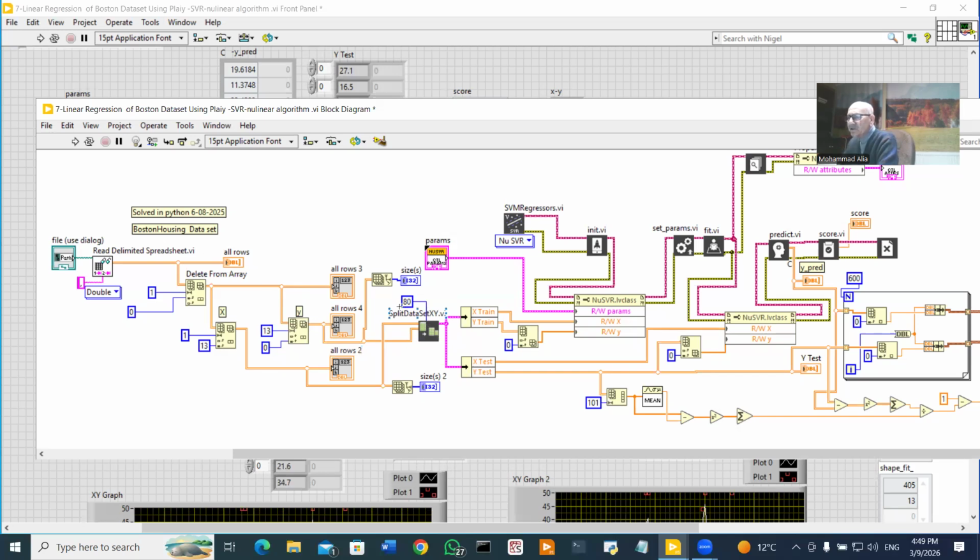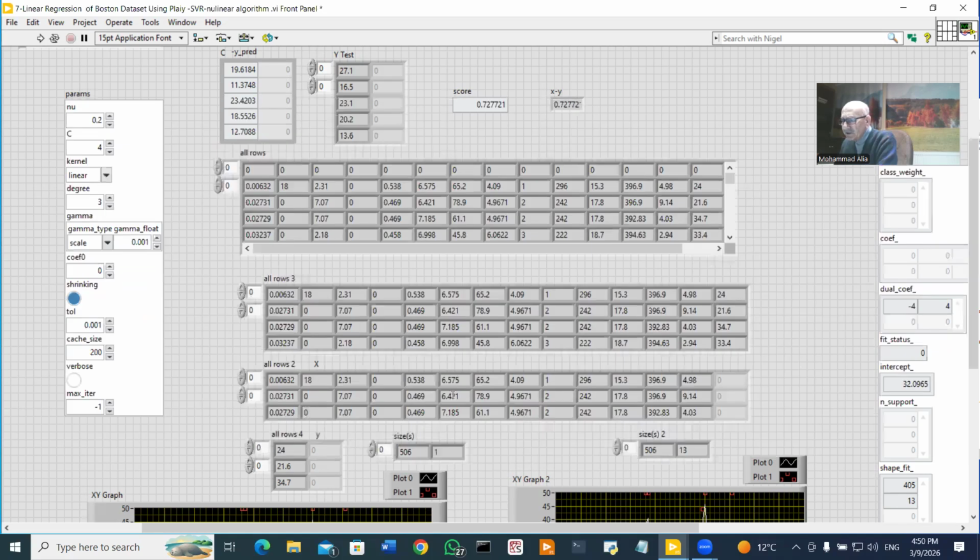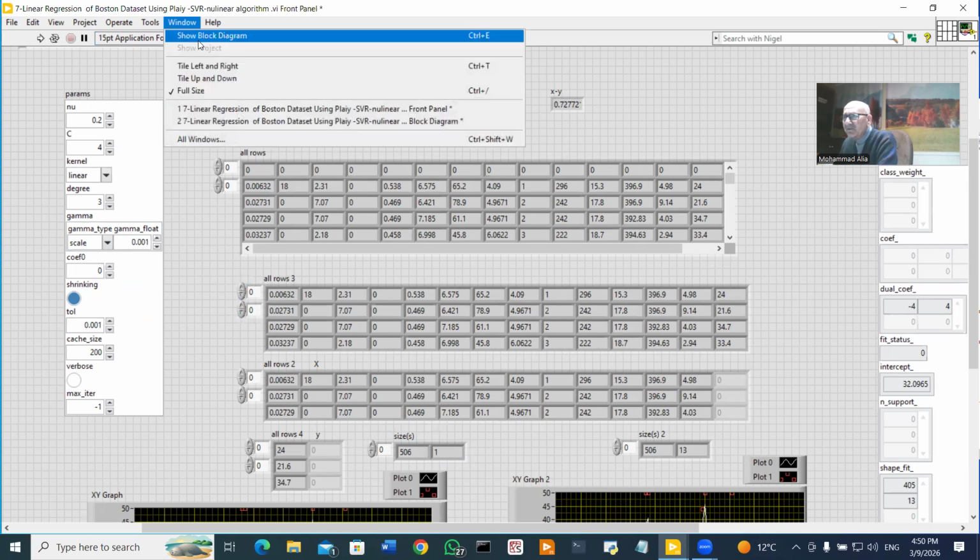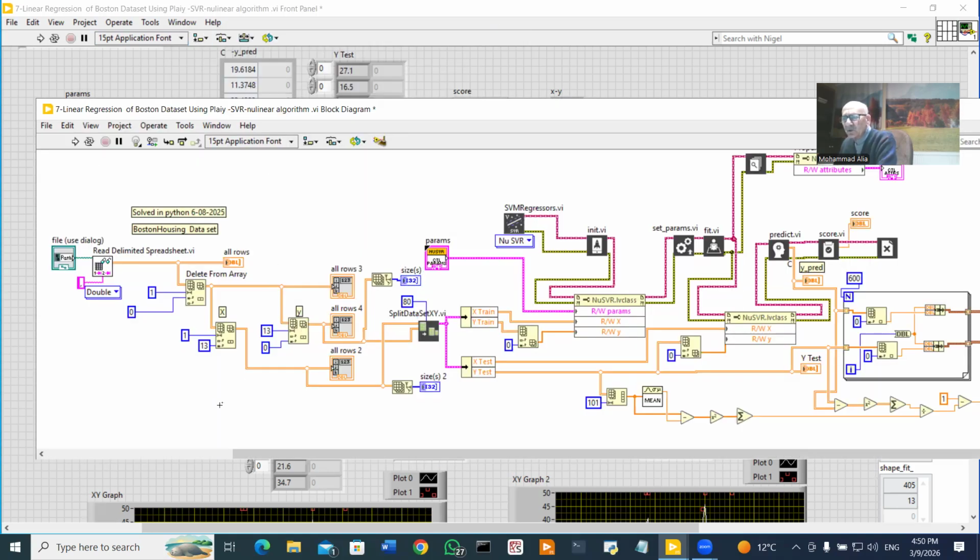Of course, you can change from 80 to 75 or to 85. It depends what you find better, but the default value is 80. And here is the column which we have, just the size of the column, 506 rows with one column, which represents the target. So as you see in LabVIEW, it is easy also to work with in order to divide the data set into